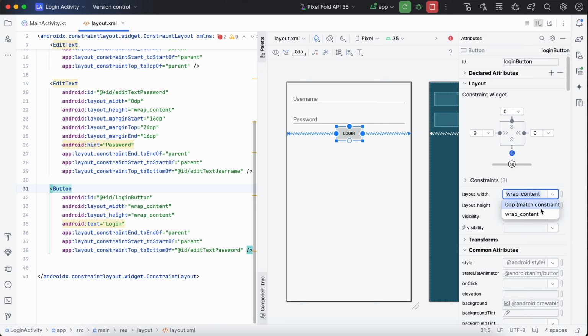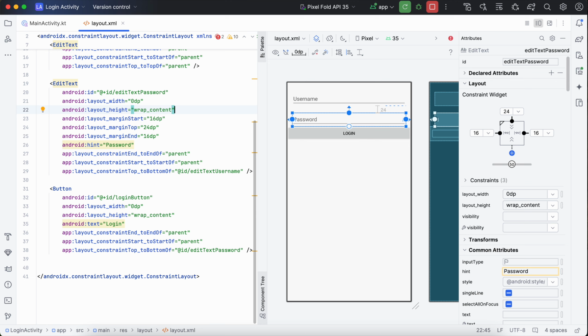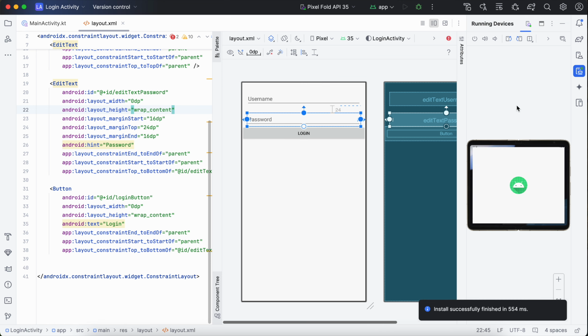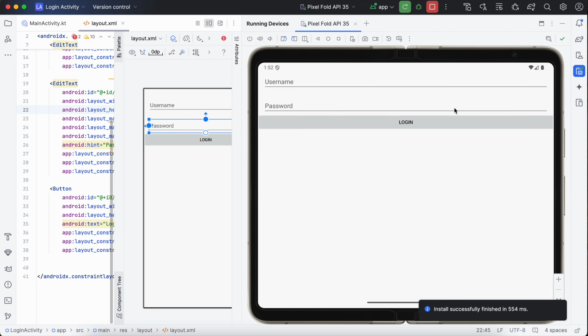The width is match parent. Okay. Save this. Rerun this on the application window. See the output. Login is spread. Clear? Everybody